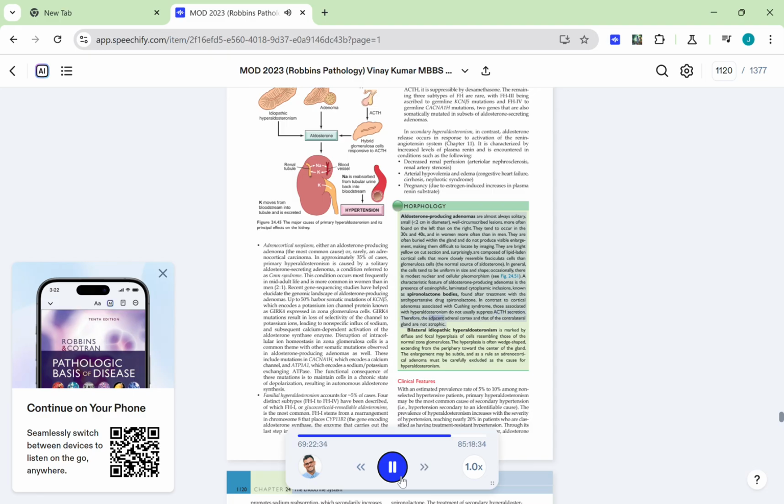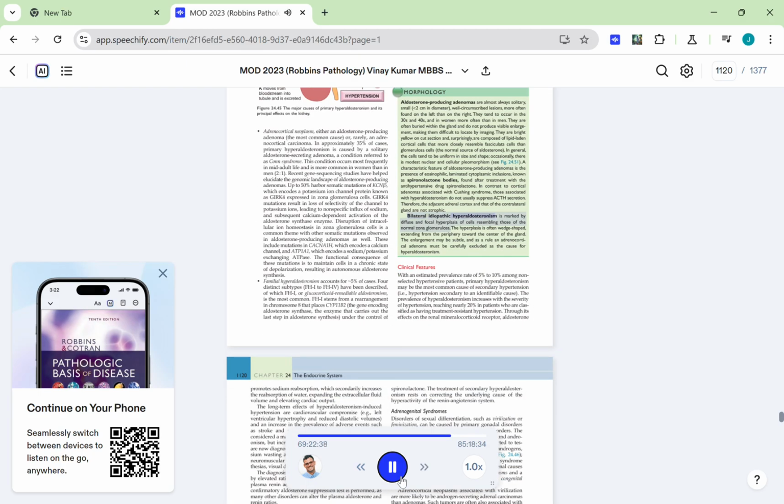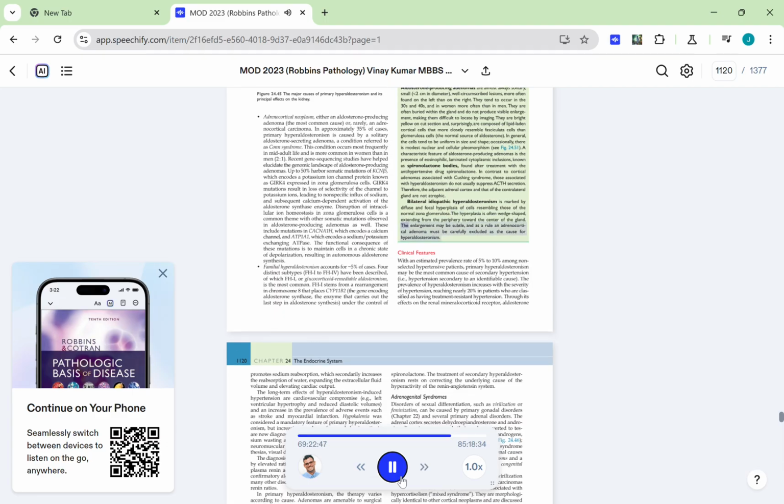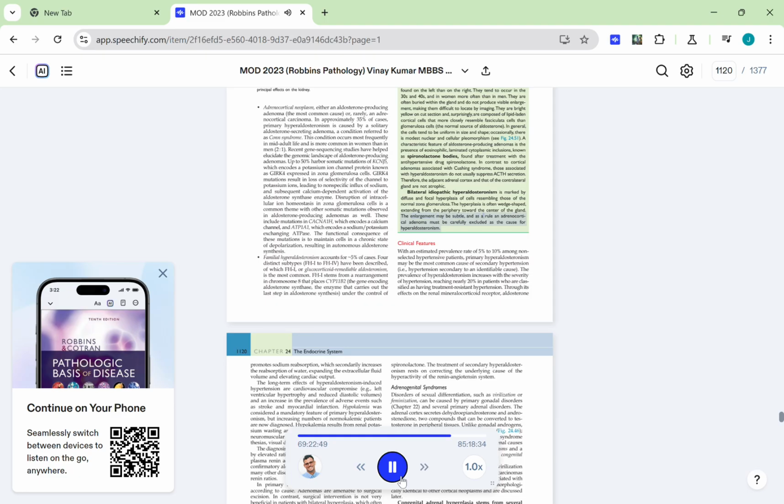Therefore, the adjacent adrenal cortex and that of the contralateral gland are not atrophic. Bilateral idiopathic hyperaldosteronism is marked by diffuse and focal hyperplasia of cells resembling those of the normal zona glomerulosa. The hyperplasia is often wedge-shaped, extending from the periphery toward the center of the gland. The enlargement may be subtle, and as a rule an adrenocortical adenoma must be carefully excluded as the cause for